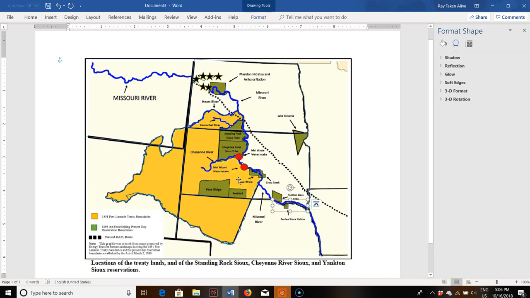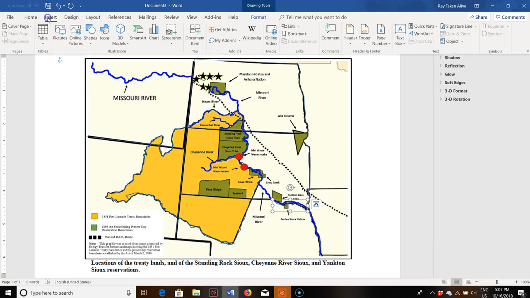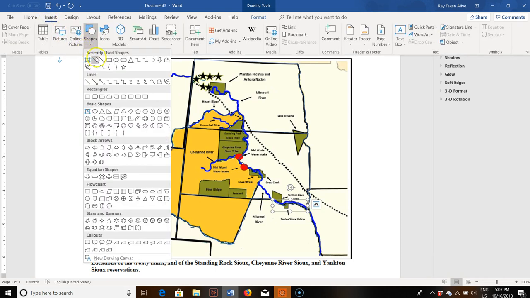Alright, so now that we have that, the next thing we can do is draw in our reservations. So this yellow here from your map, that's the 1851 Fort Laramie boundaries. As you can tell, we had a lot of land. Alright, so now what happened was in